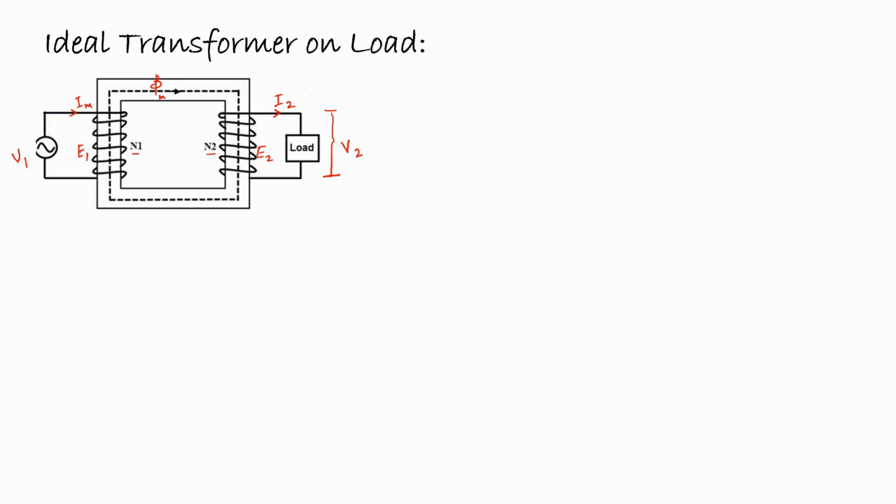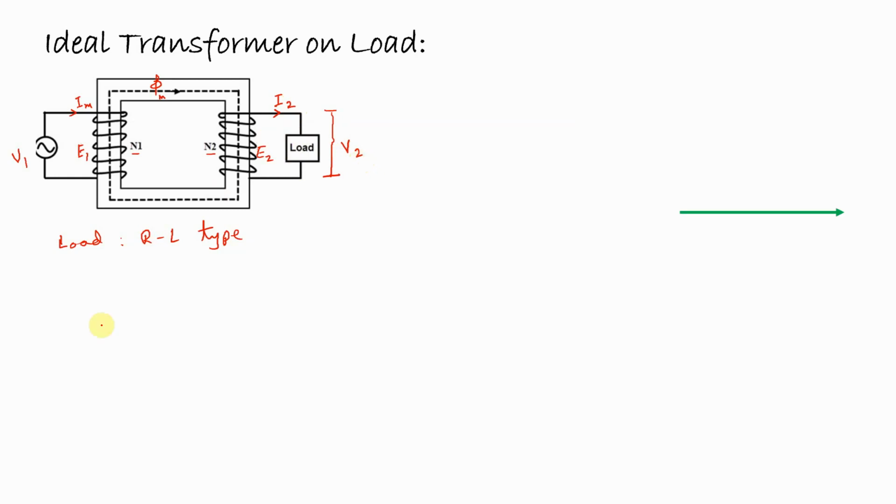Before we go further, consider the nature of the load here is resistive inductive. So the load is considered as RL type. And we know that in case of a resistive inductive load, the current always lags the voltage, where V2 is the voltage across the load and I2 is the current flowing through the load. That means for a resistive inductive load, I2 will lag V2. So now let's start the phasor diagram.